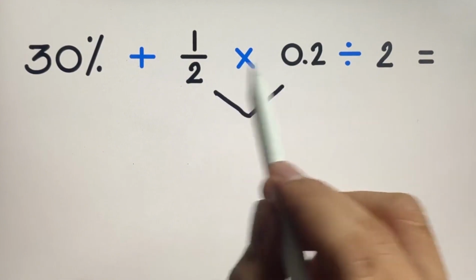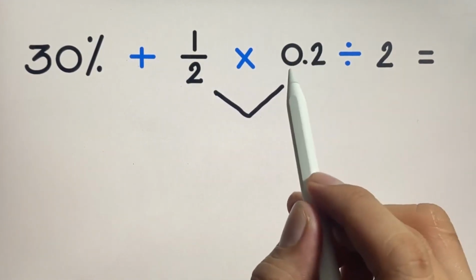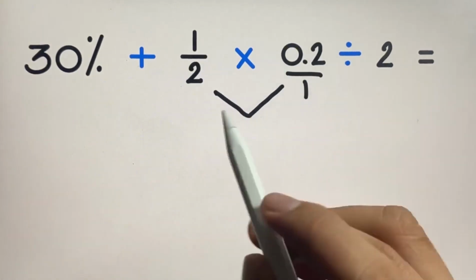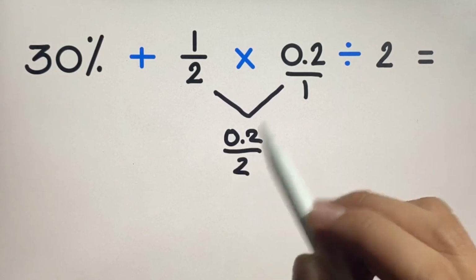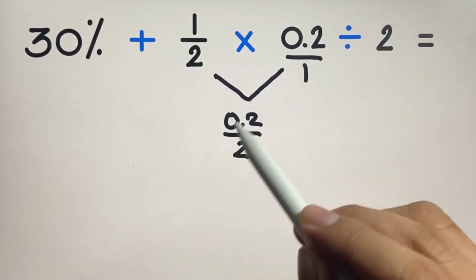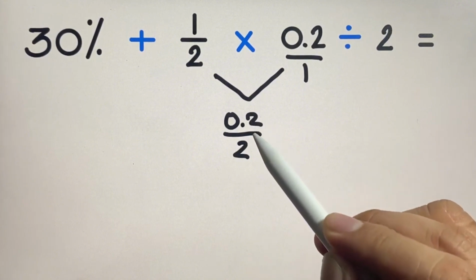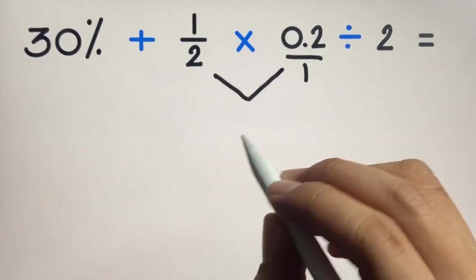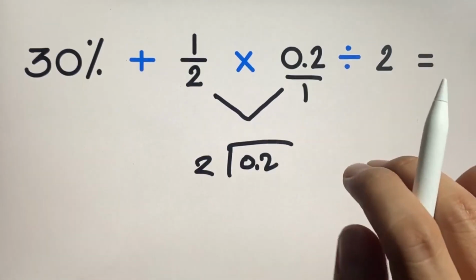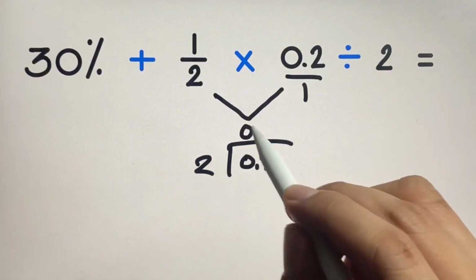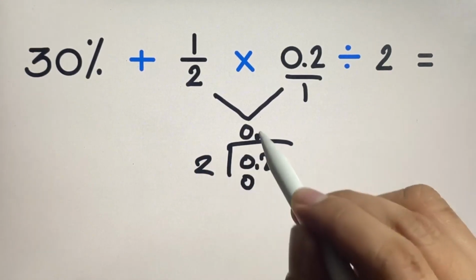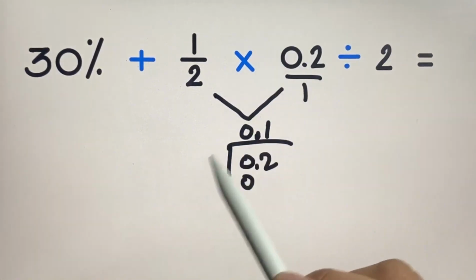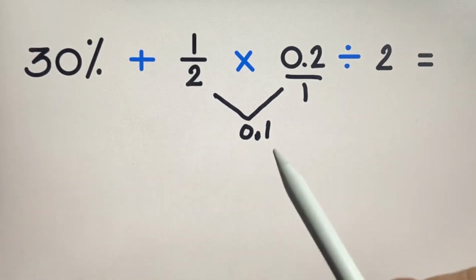If we are going to multiply this one directly, we will have a denominator of 1 here. So we will multiply 1 by 0.2 and 2 by 1 here. So we will have 0.2 over 2. So we will now simplify this one by dividing 0.2 by 2. 0.2 divided by 2, that will be 0, and then we will have a decimal point here. 2 divided by 2 will be equal to 1. So therefore, the answer or the product for this one is equal to 0.1.